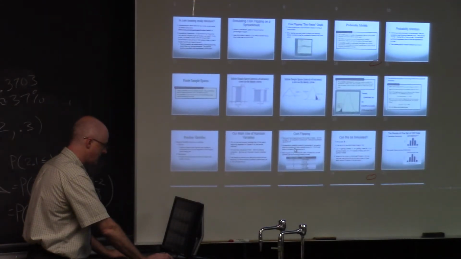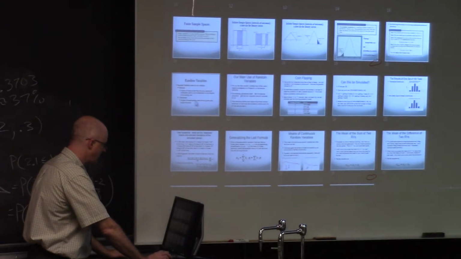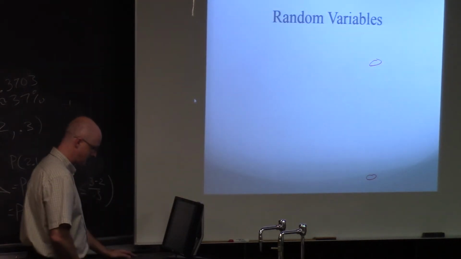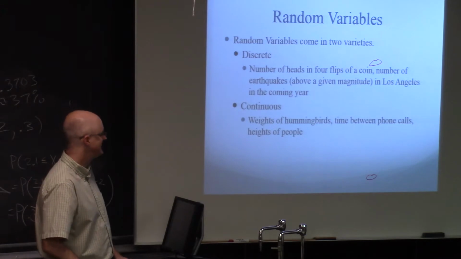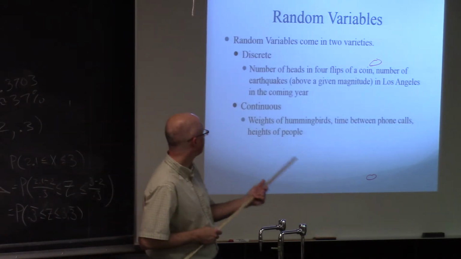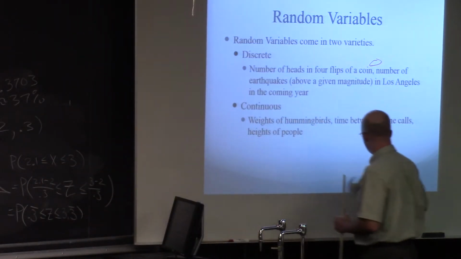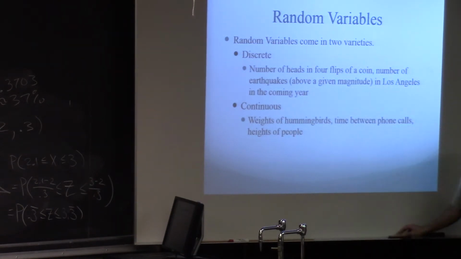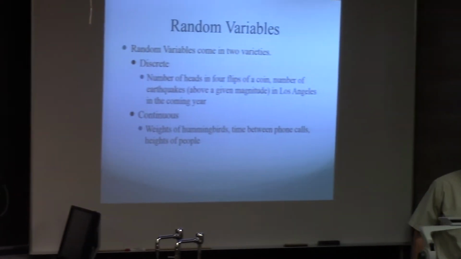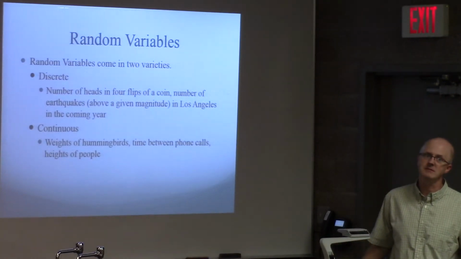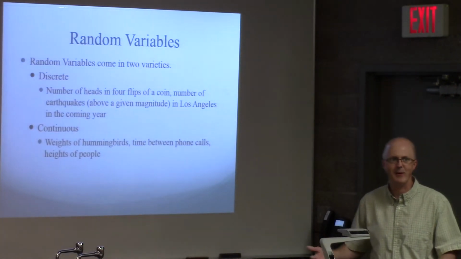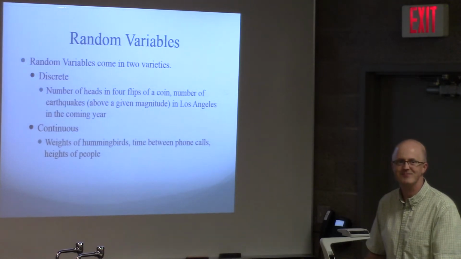All right, where are we? Let's go back to, well, let's first look at this one that emphasizes that random variables come in 2 varieties, discrete and continuous. I've already been talking about this without really emphasizing it as much as I'm doing right now. X, your variable, your random variable. What is a random variable? It's a variable whose values are random,